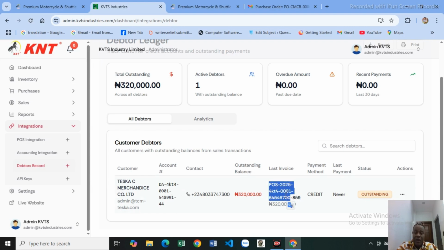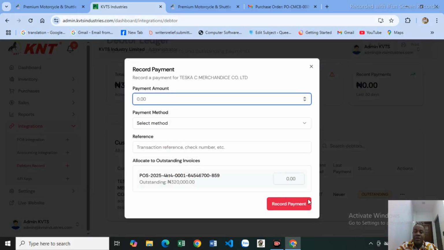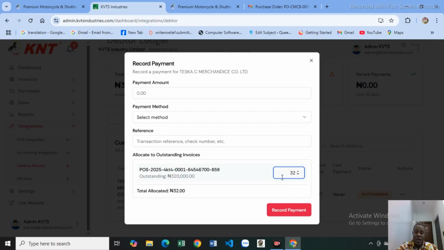So here let me just record some payment. I will record it under this invoice number. If you have up to 10 debts, you see all of them with their different invoices. Now let me just put that I want to make a payment of 320